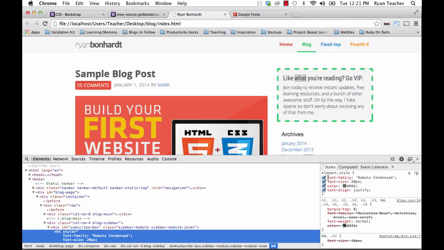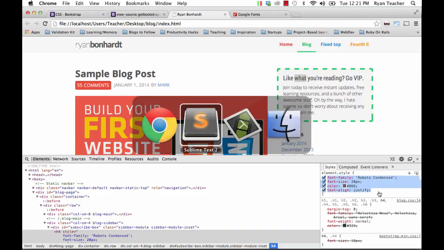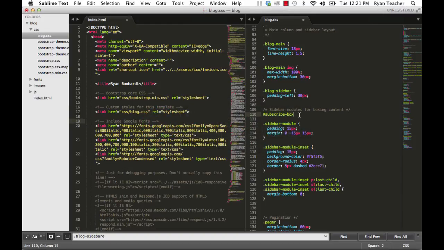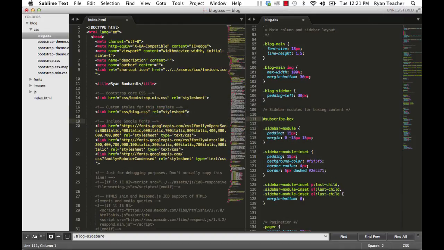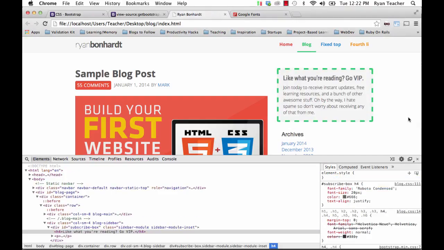So let's go ahead and grab that. And this is just going to be for that H4 that's inside our div with an ID of subscribe box. So let's just say for H4s in here. And let's paste all this. Indent it. Make sure it still looks the same. Beautiful. I like the way that looks. And